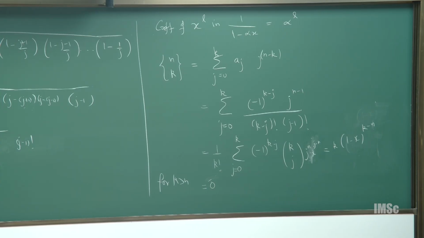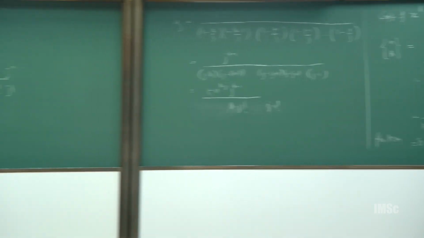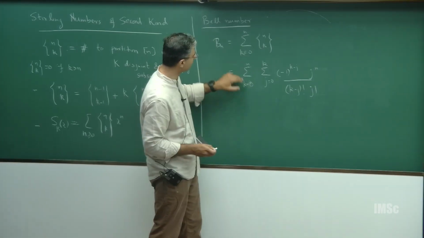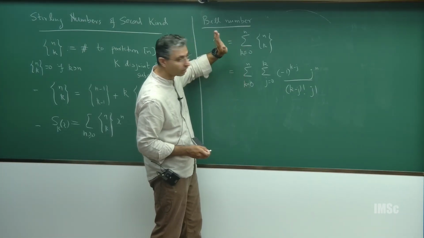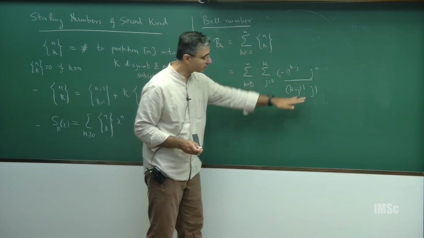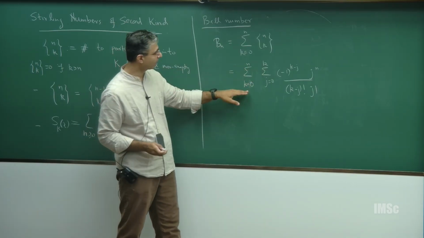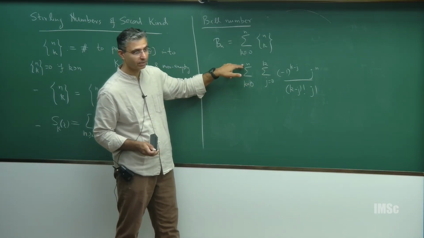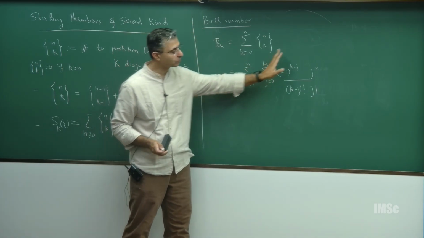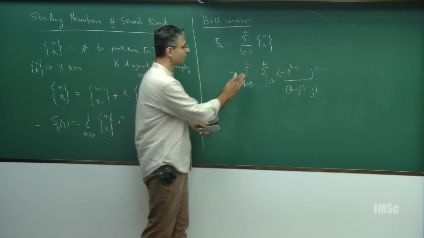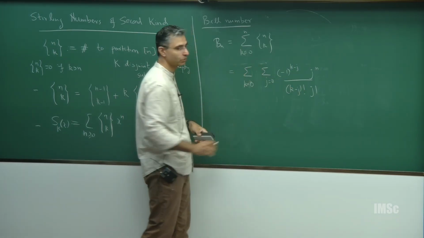So, how do we use that? This is saying, if you let k go beyond n, this term will anyway vanish. You do not have to stop at n, you let it go beyond n, this will automatically vanish. So, that means you can drop both these quantities,